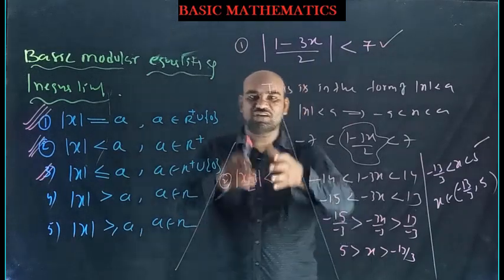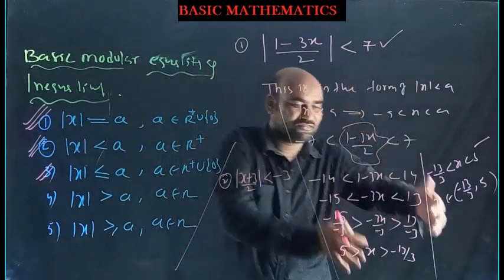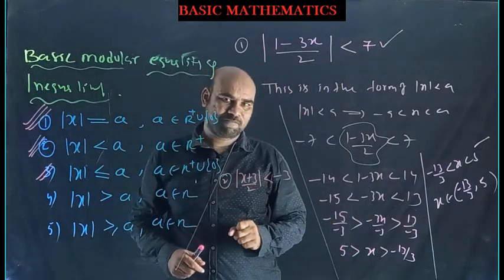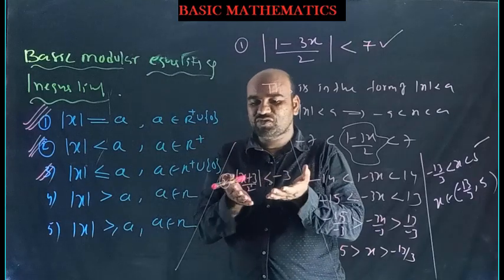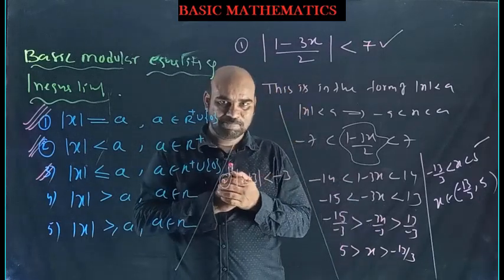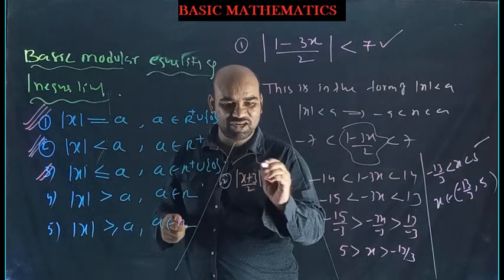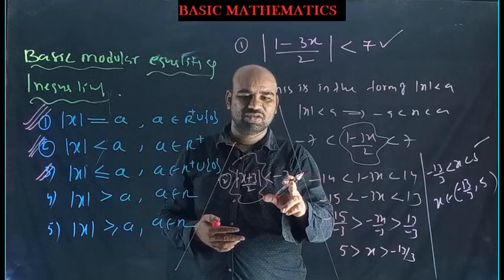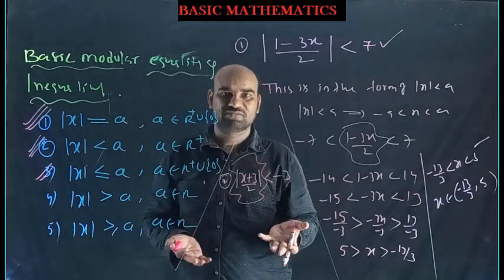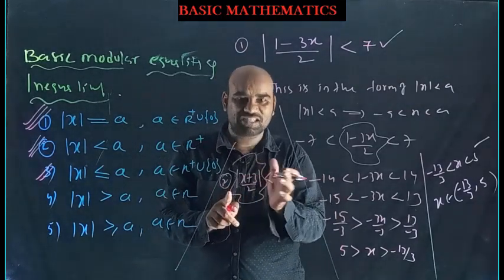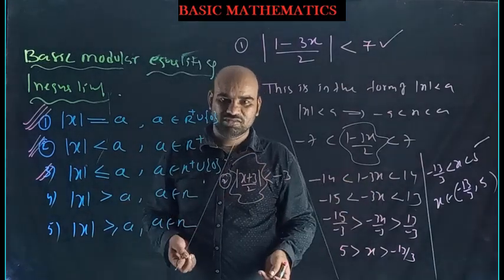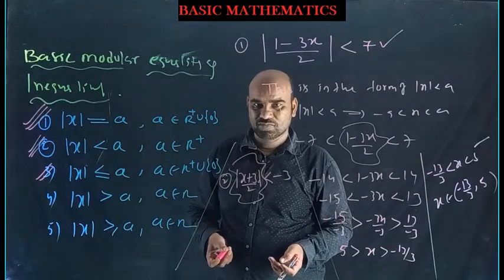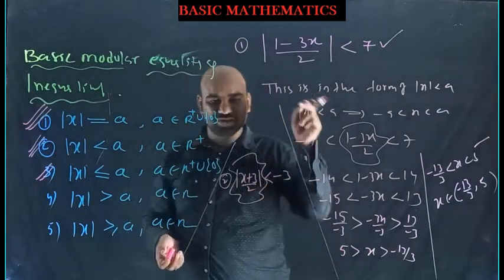Most of the students will start to solve the problem like this. But the modulus is important. Actually, there is no x which satisfies this equation, because the modulus is non-negative. A non-negative number is never less than a negative number. That means no solution. There is no x which satisfies mod of (x plus 3)/2 less than minus 3. Understood? Most of the students will make mistakes here.